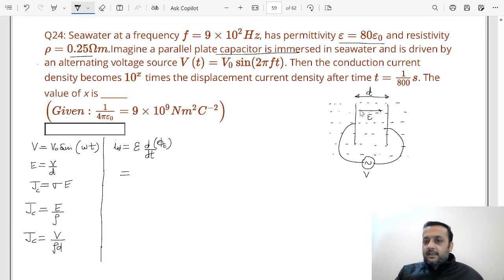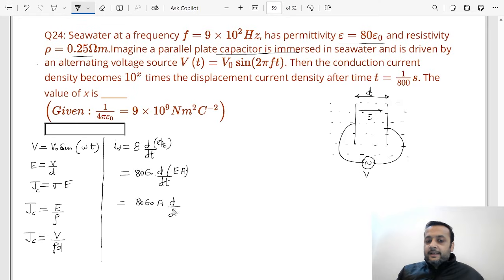It is given basically between the capacitor plates. The value of the epsilon is 80 epsilon naught, and the electric flux, what is electric flux? That will be electric field into the area of the plates. Okay, electric field into the area of the plates, so that we can write as E into A, right? Now see, this becomes 80 epsilon naught, area is constant, so this will come out,